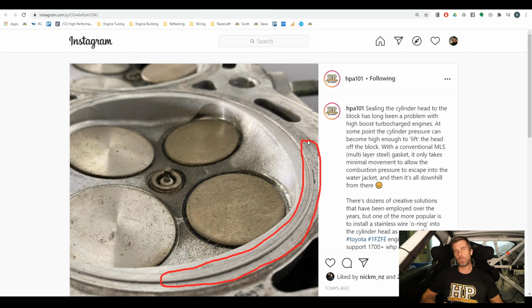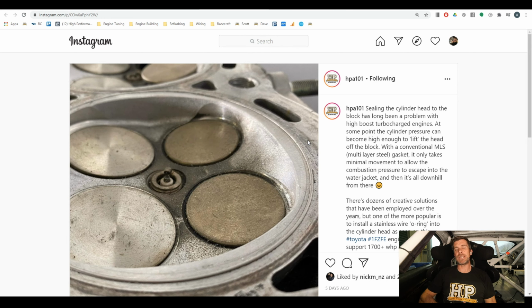That wire normally in the region of about 0.9 millimeter in diameter, and the O-ring groove in the cylinder head is designed for a slight interference fit. So essentially the stainless steel wire actually is a tap fit into that groove. Once it's in there, very difficult to extract. A little bit fiddly as well, just file fitting the ends so that they do butt together nicely. So that on its own isn't really going to be enough.